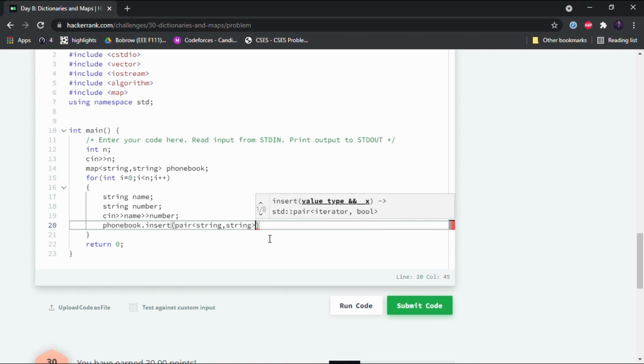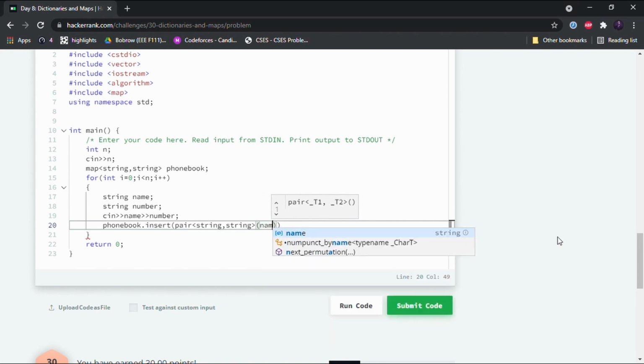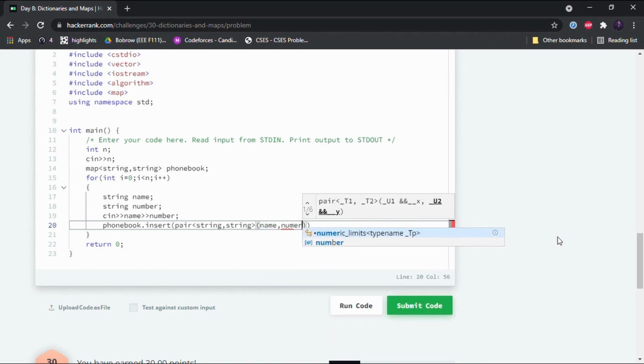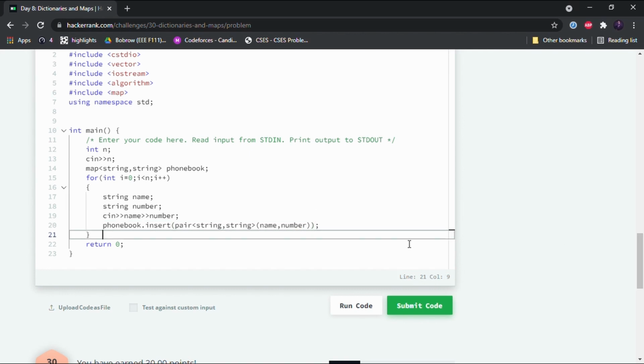The data types will be stored in the angle brackets, and then in round brackets we write the actual pair that we are going to store, which is name and number. Okay, so we have inserted the element in the phonebook, and that's how all the elements will be inserted.